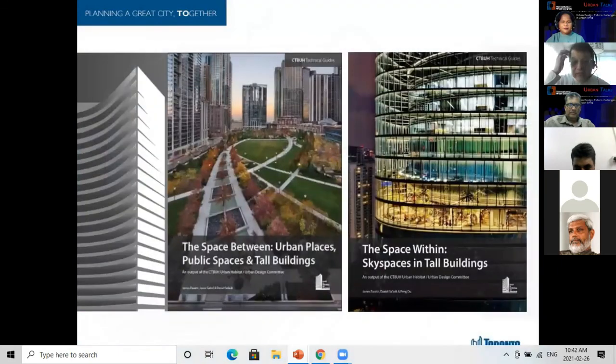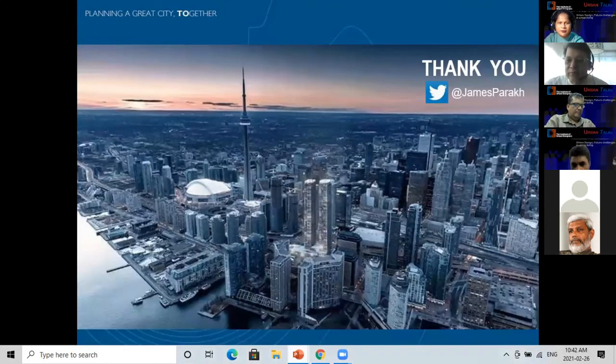And then just in closing, again, the two publications. One is called The Space Between, urban spaces between tall buildings. And then the second one is The Space Within. I'm now working on my third book, which is going to be called The Space Below, which will deal with these pedestrian systems. So with that, thank you very much and look forward